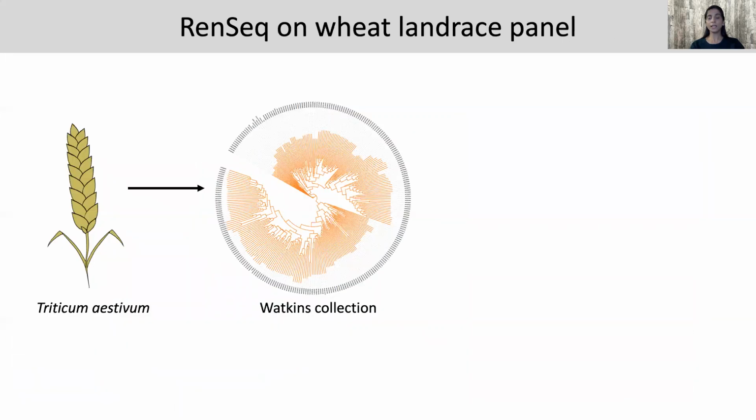After completing the AgRenSeq on a wild progenitor species, we implemented this method on a wheat landrace collection available at GIC, the Watkins landrace collection. These Watkins landraces represent a snapshot of diversity from the pre-industrial farming era from across the globe. We selected a subset of about 300 core lines and captured their NLR diversity using a bespoke bait library designed